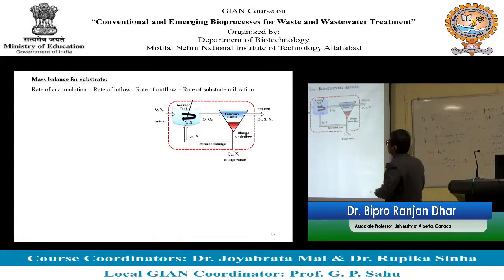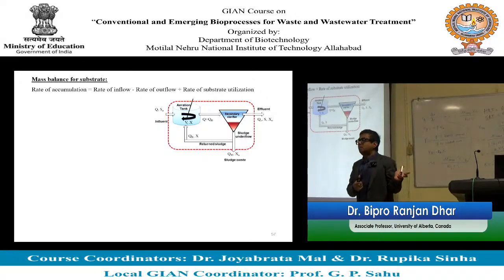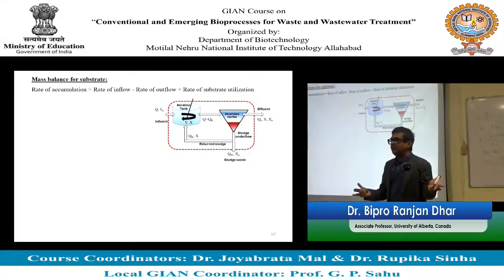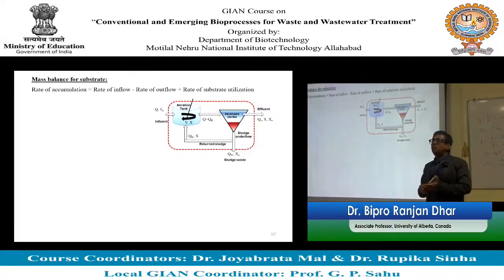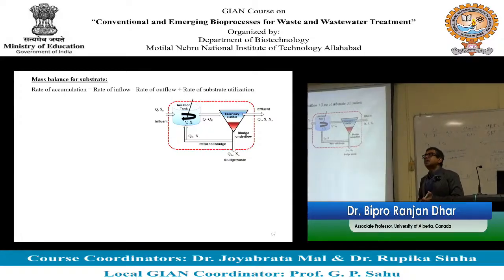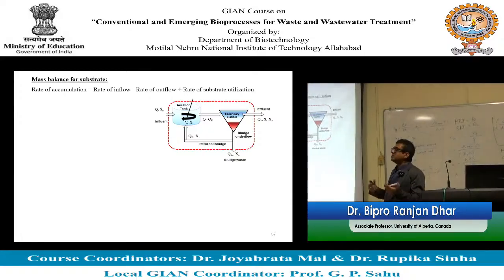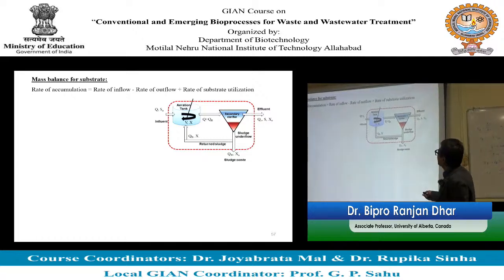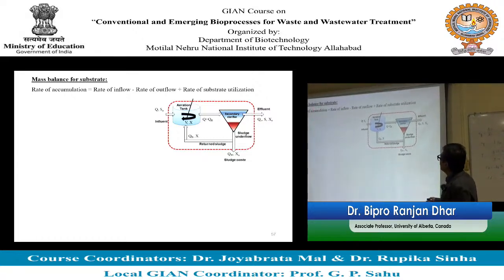So second objective. For the previous one we did a mass balance for what? Biomass, right? So now we want to do a mass balance for substrate. We're going to do the same mass balance equation. We are going to have a rate of accumulation equal to rate of inflow minus rate of outflow plus rate of substrate utilization, right? So now V dS/dt, and Q is the influent flow rate, and we consider